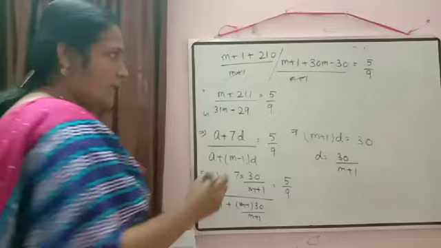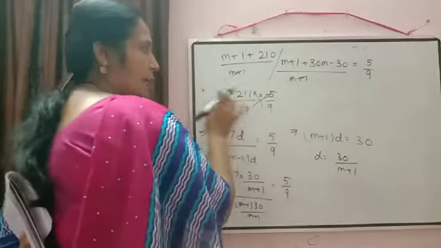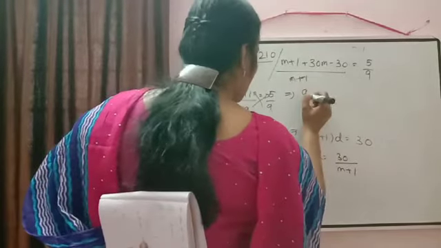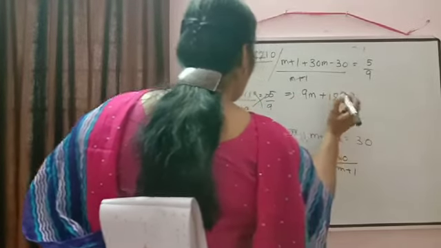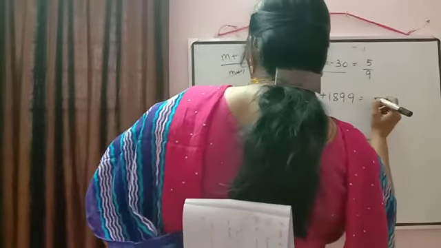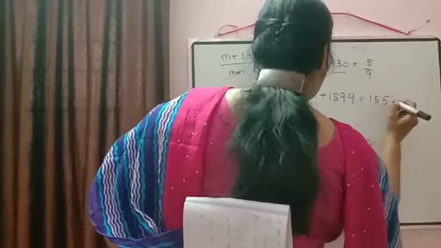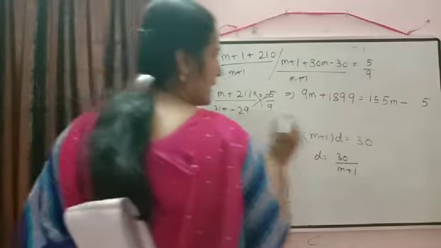Now what we can do? Yes, we can do the cross multiplication. Cross multiplication, it means 9 we will shift to left hand side. Then it will be equal to 9m plus 9 ones are 9, 9 ones are 9, 9 twos are 18 is equal to 5 into 31. So 5 ones are 5, 5 threes are 15, 155m minus 5 into 29. 5 nines are 45, carry over 4. 5 twos are 10, 10 plus 4 will be equal to 14.